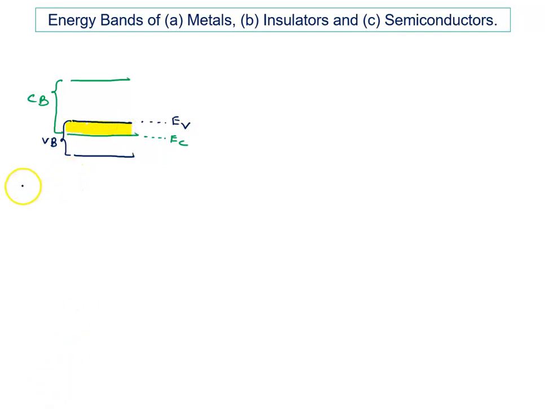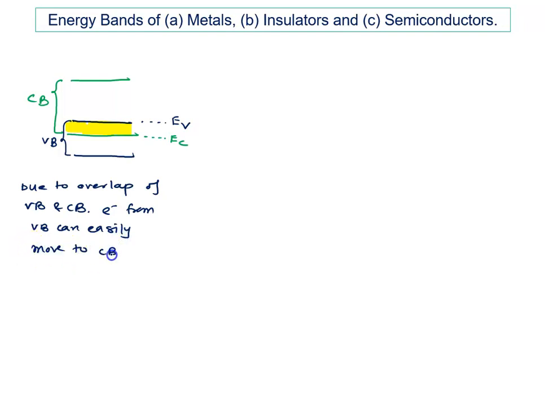So here we will write, due to overlap of valence band and conduction band, electrons from valence band can easily move to conduction band. So here a large number of electrons are available